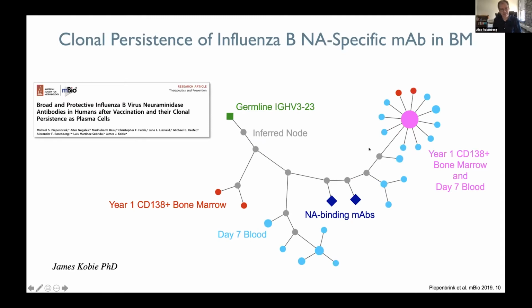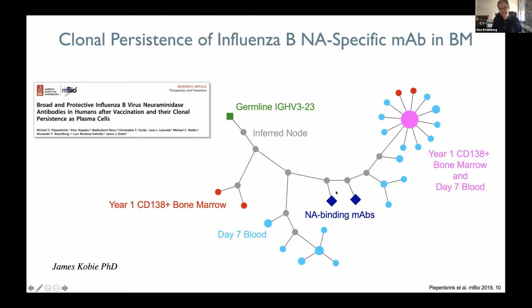In another study with James Kobe here in infectious disease, we were looking at neuraminidase reactive antibodies after influenza vaccine. Neuraminidase is a relatively conserved component of the flu, and so there's a lot of interest in developing vaccines that might be more broadly activated or broadly responsive to this. And so in this example, what we're showing is the fact that when we include reactive monoclonal antibodies for